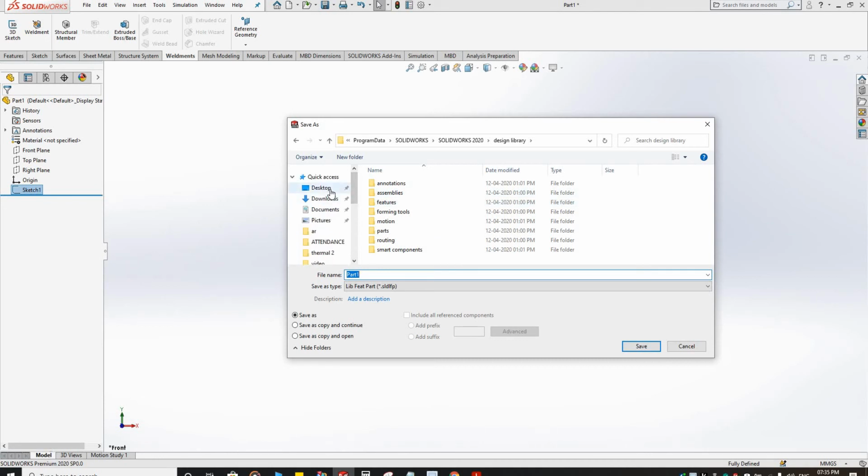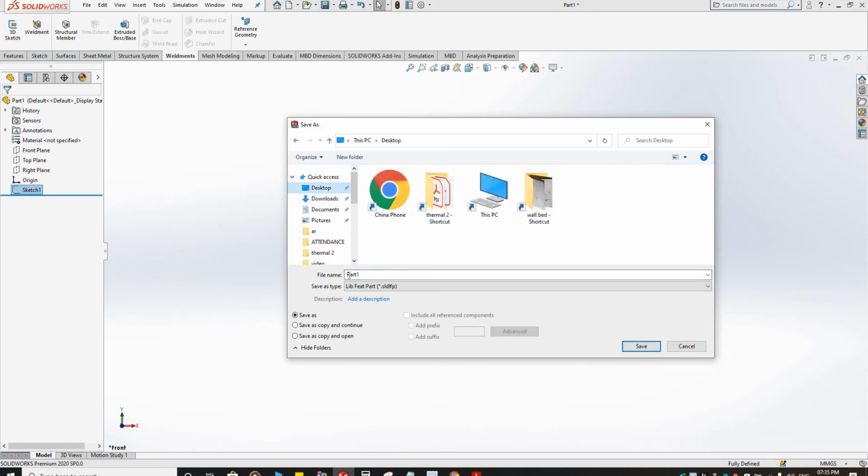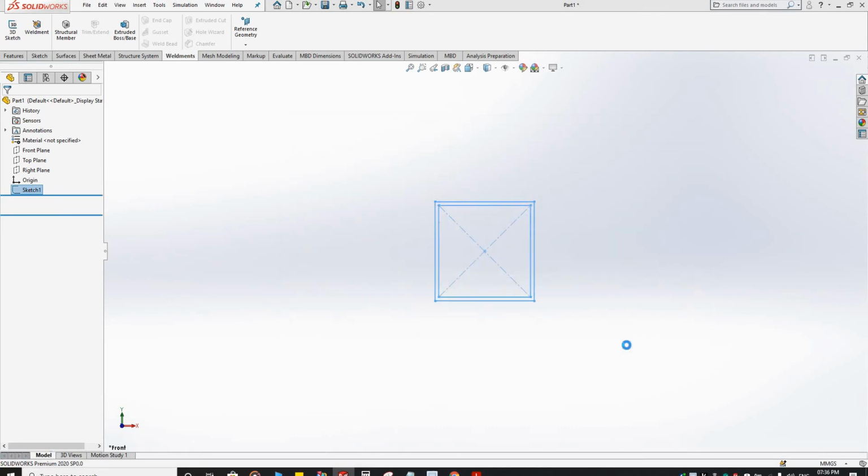I save in desktop. Then you give the name for this file. I give 50x50x2. Remember, save this file as .sldlfp. Then click save.